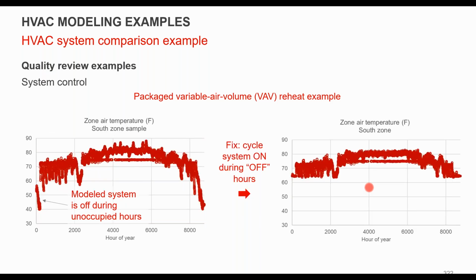So what happens when you actually fix that? This is asking what happens if you fall below your minimum setback. Before, it was just letting it float. Now, let's allow the system to cycle on if it gets down below the 65 setback we set in heating, or above the 85 in cooling. Again, the fans are going to run a lot more, but you're going to see much tighter space temperature control.